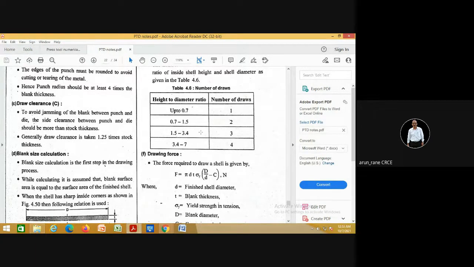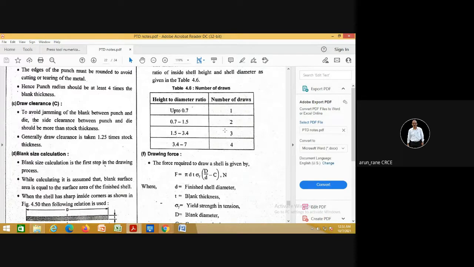Our height to diameter ratio was 1, so that conforms to this. If the height to diameter ratio is up to 0.7, then the number of draws is 1. If it is from 0.7 to 1.5, then the number of draws will be 2. Our ratio was 1, so that's why the number of draws will be 2, sorry.